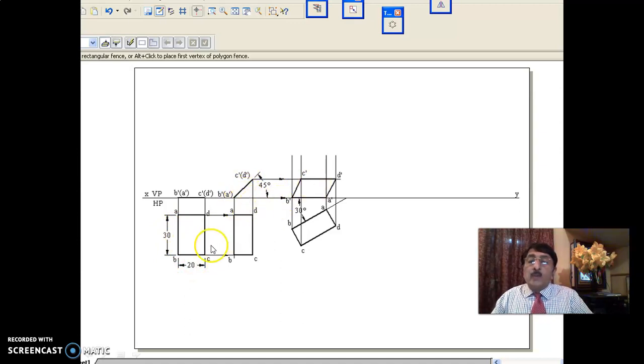Okay, that is why whichever edge is perpendicular to XY line will be on HP. Now A dash, B dash, that is the longer side of the rectangle, is on HP with surface inclined at 45 degrees to HP. You get this. Now as you know here in the top view, this and this are still parallel to HP. This is anyway lying on HP. This is parallel to HP. This and this will retain their length. This will be 30 only. This is 20 true length, but now it is reduced because it is inclined at 45 degrees to HP. It would have reduced correspondingly.